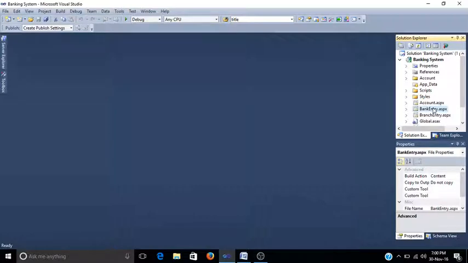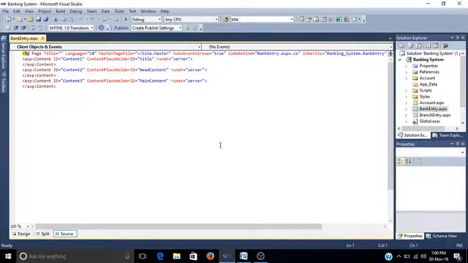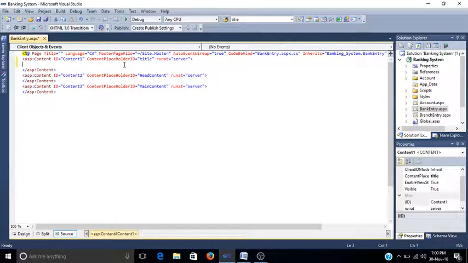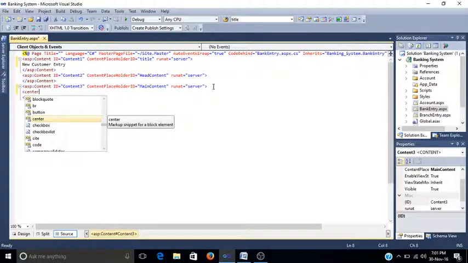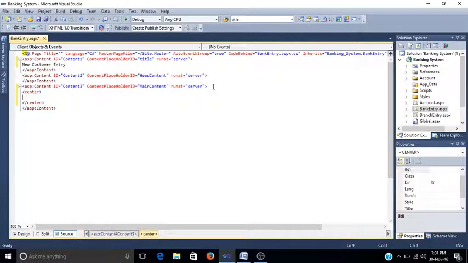Here this is the bank entry, just double click on this. And this is the content placeholder 1 in which we have given its ID as a title. So in this we will give the title for this page, that is new customer entry, and this is the main content. Here whatever we want to display in our web page, that we will write. So for that, first of all I will include a center tag. In between this center tag I will take a label